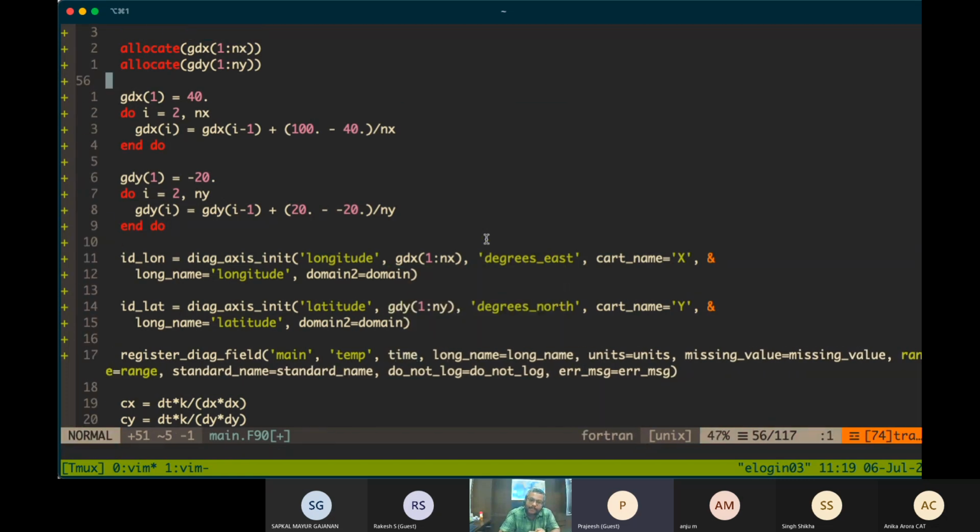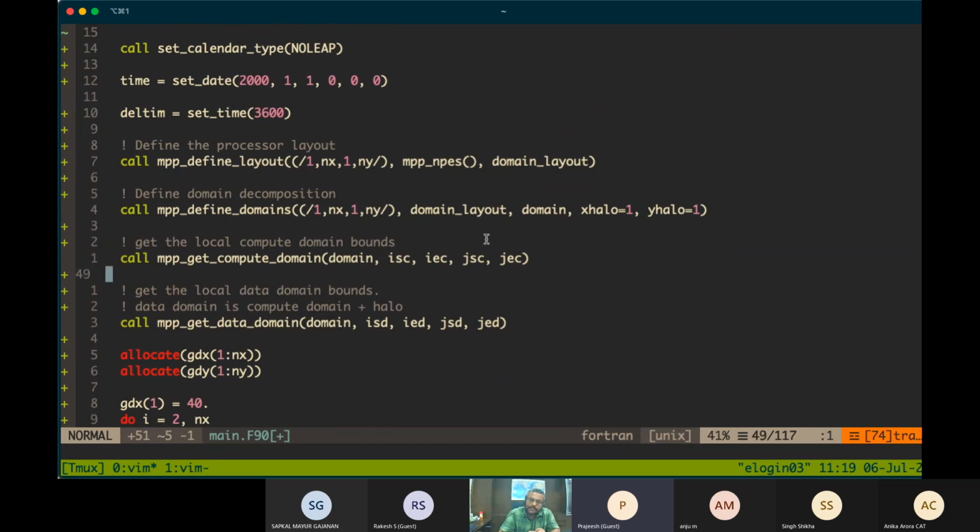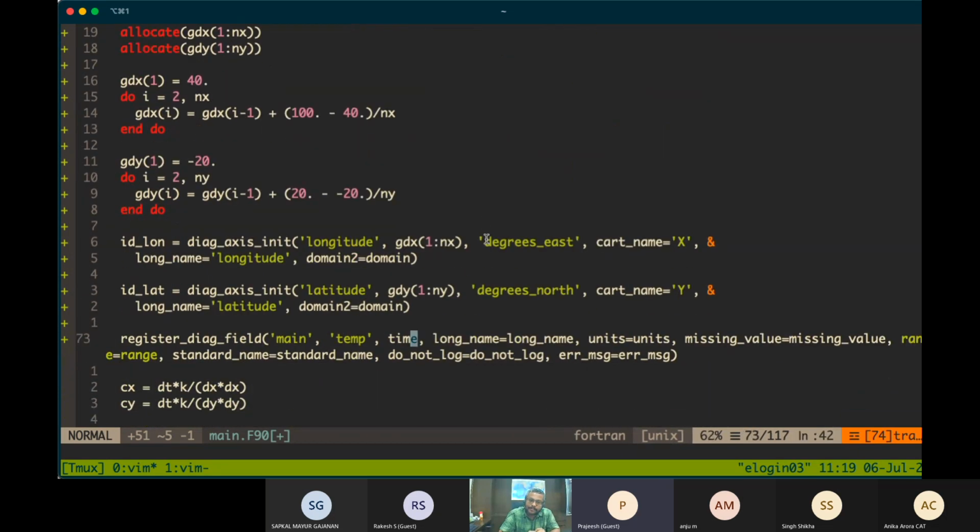I guess we have defined time already. Yeah, we have defined time. So you have to give the initial time, that is the starting time, which is already there in the time variable. Then you can give all this information. All these are actually optional. Long name, if you want, you can give.